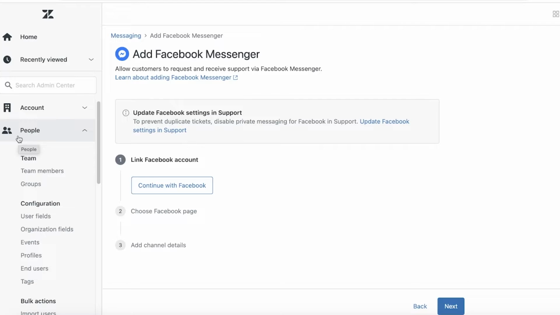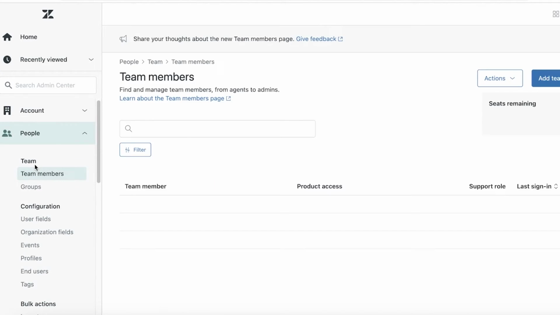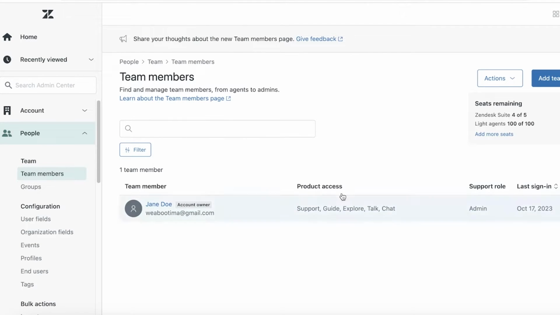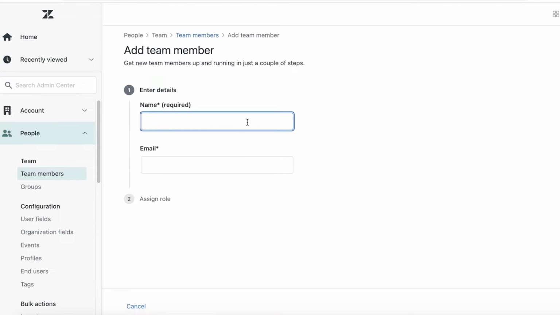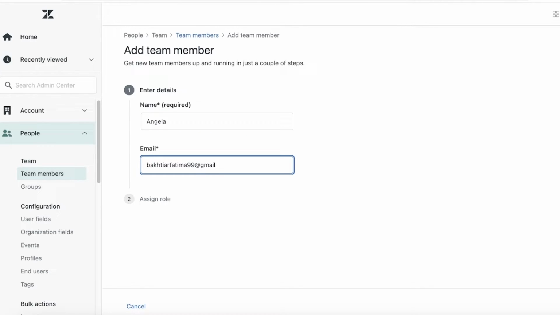To do that, click on People, and once you've clicked on People, you can click on Team Members. Now, over here, currently we don't have any team members, so we can click on Add Team Member on the top right. These will be the people that are going to help your customers. So these will be your customer serving agents or just agents. So you're just going to input the name and email address of your employees or of your customer service agents